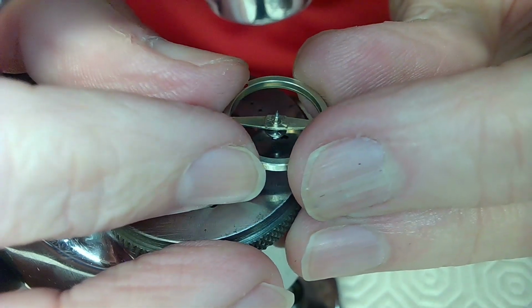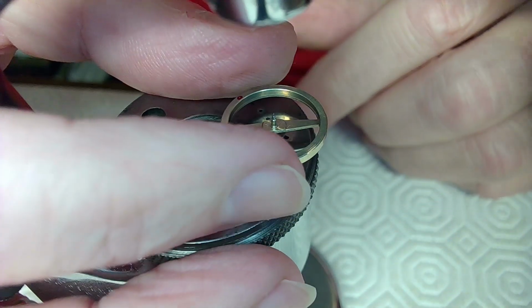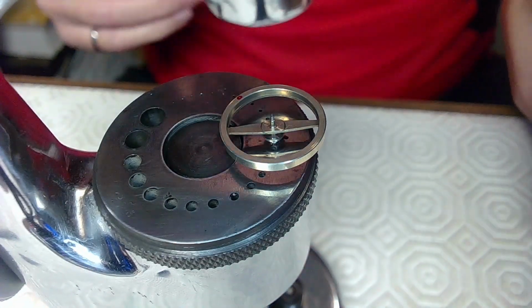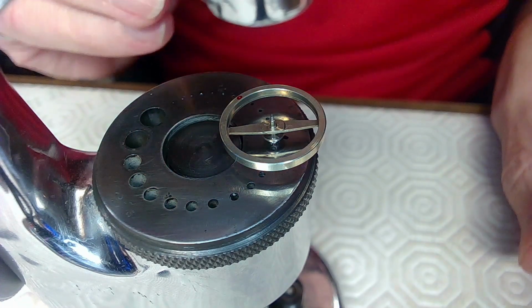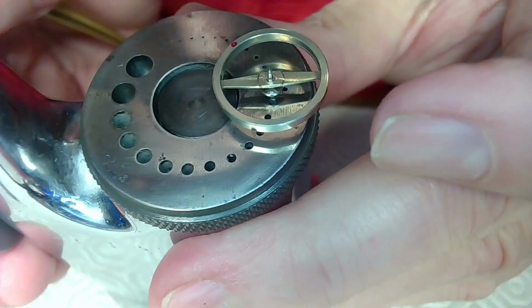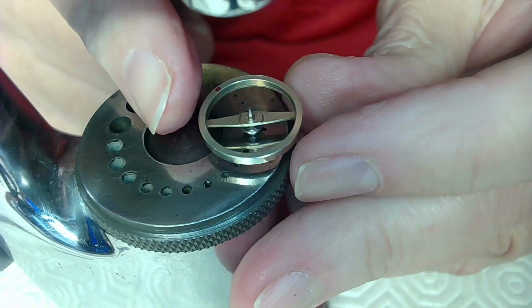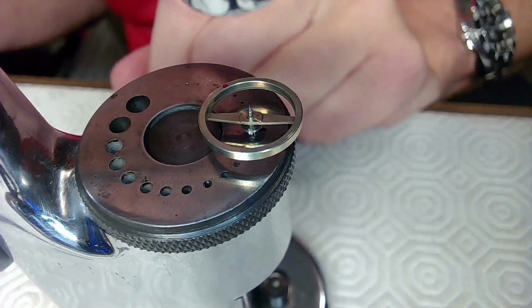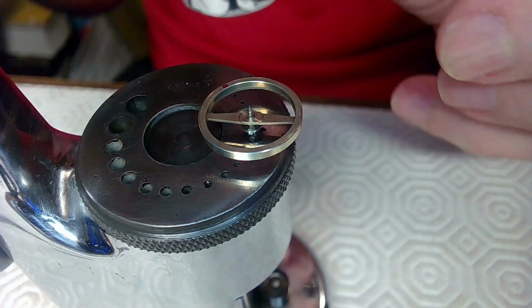Again, I want to put this down in here, and I'm just hoping that rests nicely, and it does. There's no problem there. And now what I want to do is push on the hairspring. So the hairspring in this case is on the opposite side. See, this thing will move around if you don't just do that, right? The hairspring stud is on the opposite side of where the actual